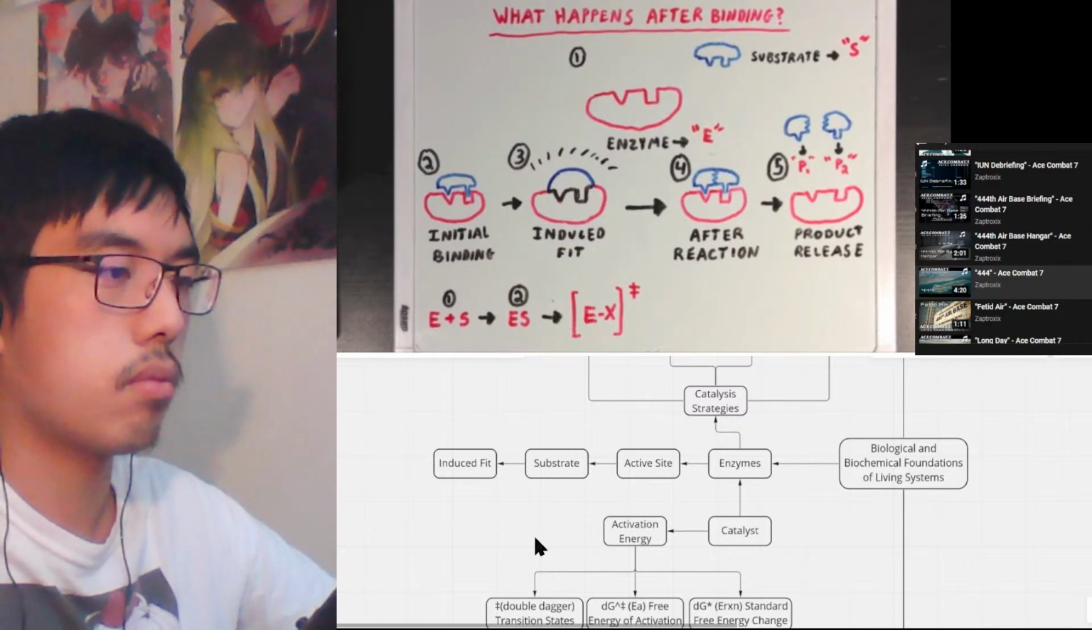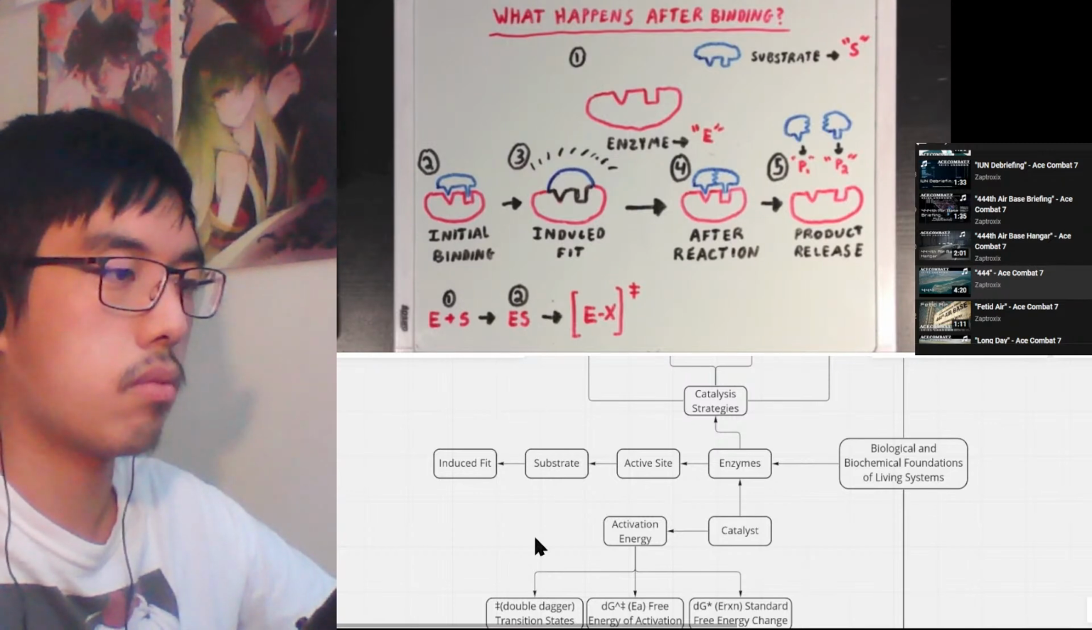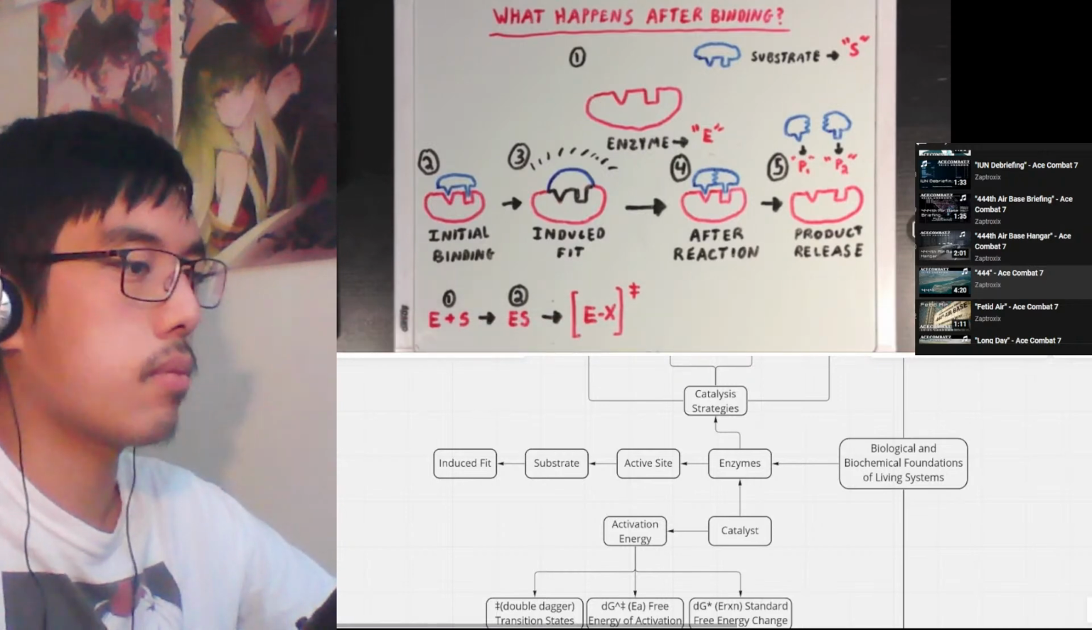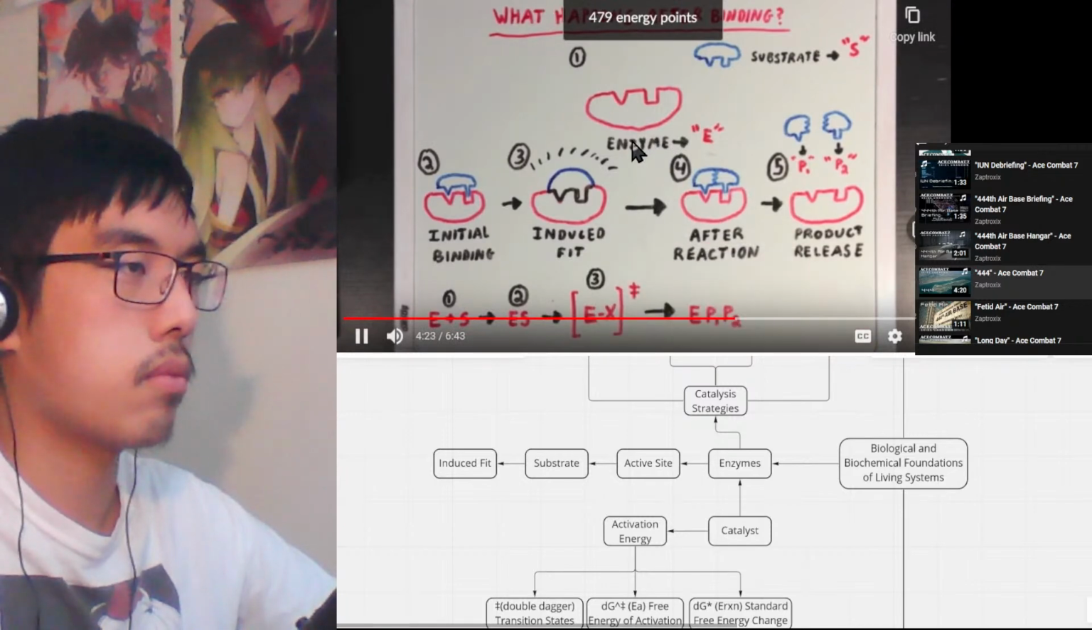Now I've written the substrate out here with the letter X, because at the reaction's transition state, our substrate isn't quite a reactant, and it isn't quite a product either. It's somewhere in between. So that's why I've written it out as X instead of S. And I've also written this double dagger symbol, which is just a universal symbol for transition states. Now in our next stage, which is after the reaction has occurred,